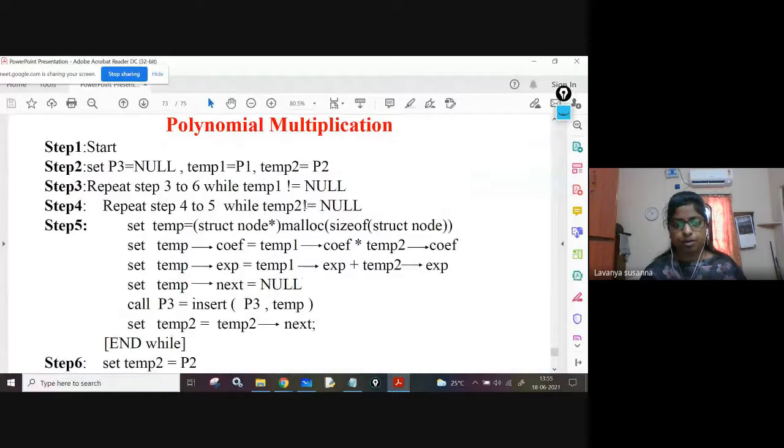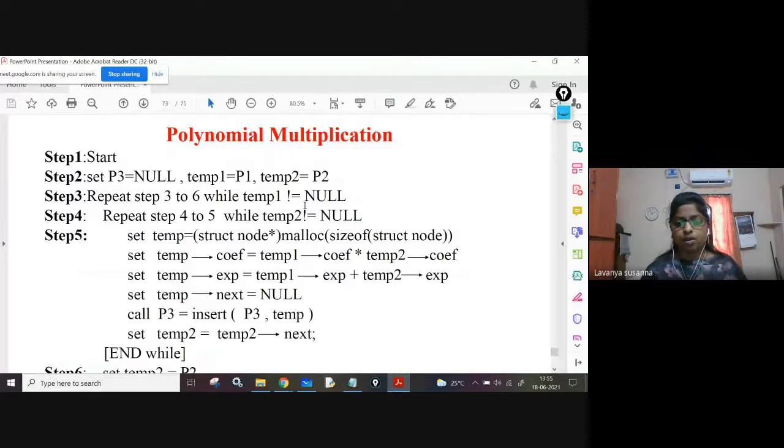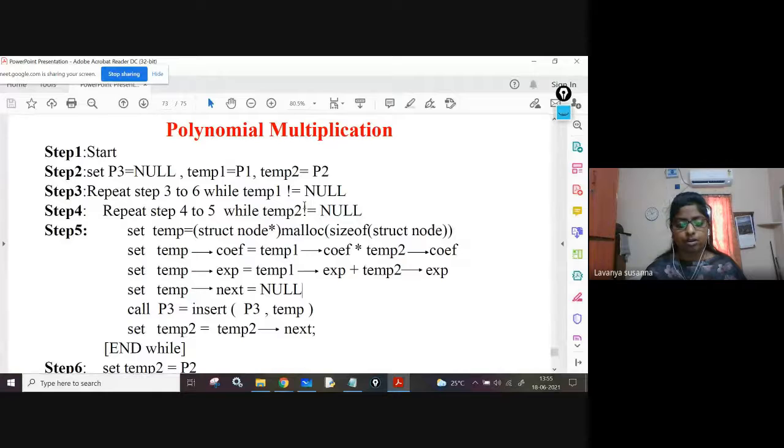Okay, polynomial expression. Keep the heading polynomial expression and note down this algorithm. I request all the students to note down the algorithm.